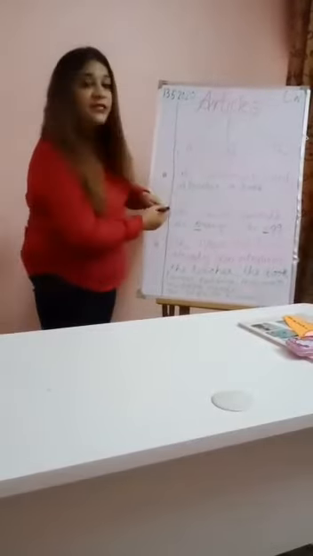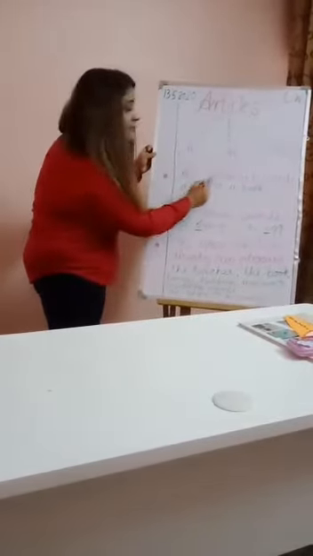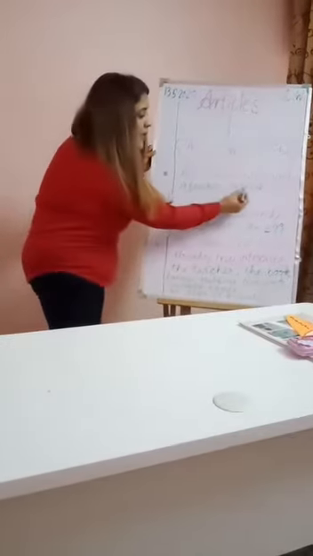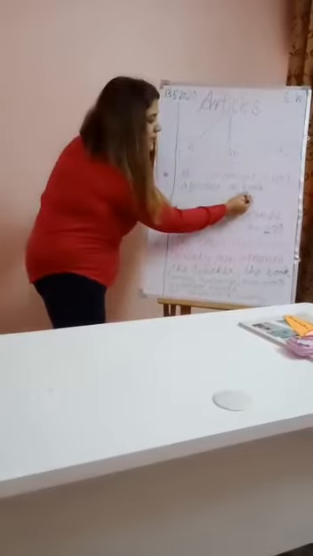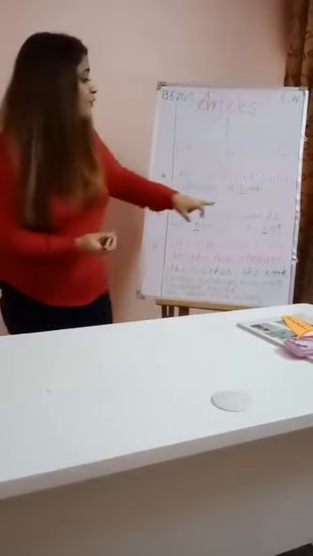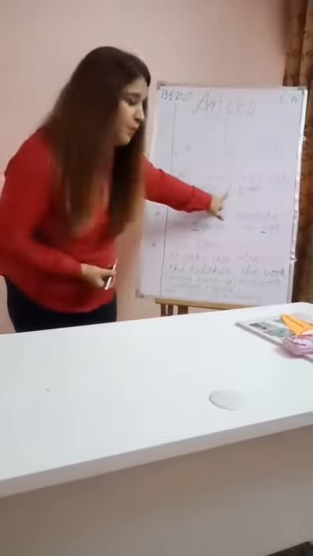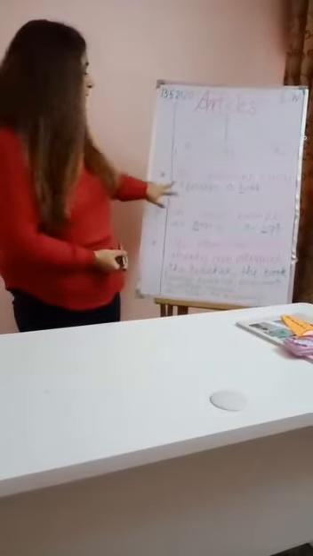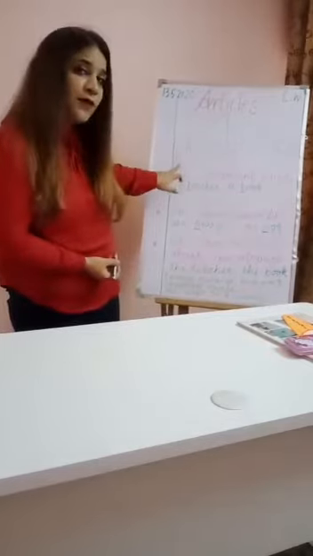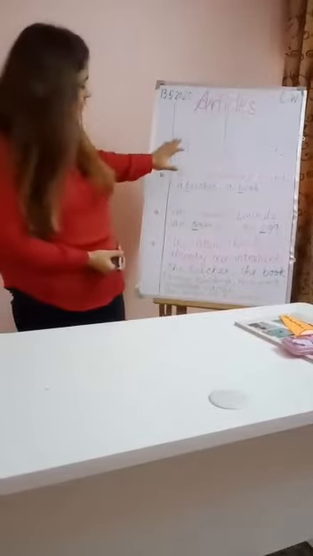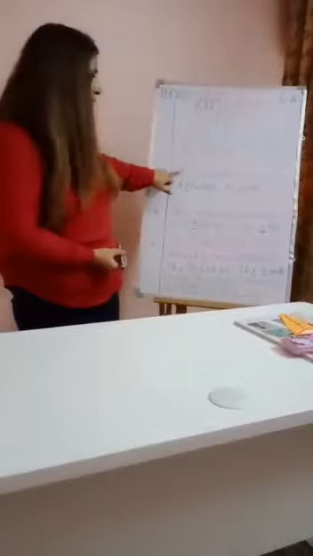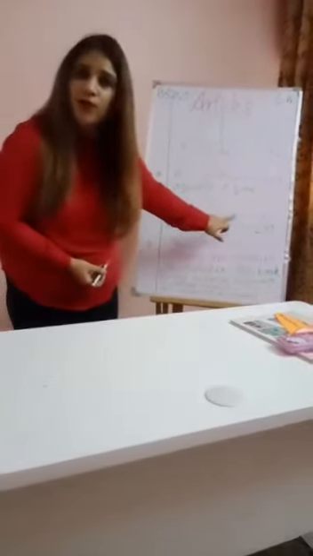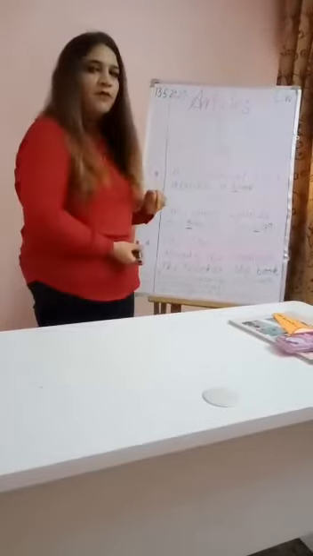For example, teacher. T is not a vowel, it is a consonant sound. So we will be using a teacher. And the next word is book. B is again a consonant sound. So we will be using a with book. Now these two are clear to you? Use of a or an. This you people have already done in class 1. We are just recapitulating the use of a or an. So a is used with a consonant sound and an is used with a vowel sound. And there are 5 vowels as I have already told you.